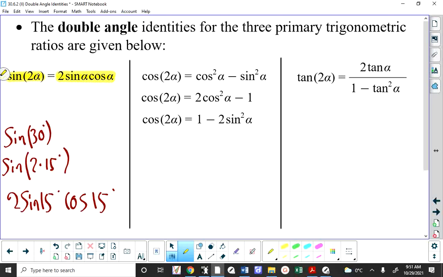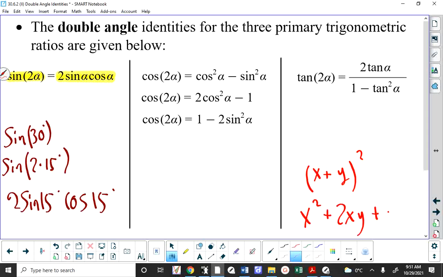They just appear differently. It's no different, this is true for any identity, than writing x plus y and then quantity squared, and then writing x squared plus 2xy plus y squared. These are the same. The fact that you've written them in different forms is not relevant. Now, you'll notice that there's one double angle identity for sine, there's one double angle identity for tangent, but there